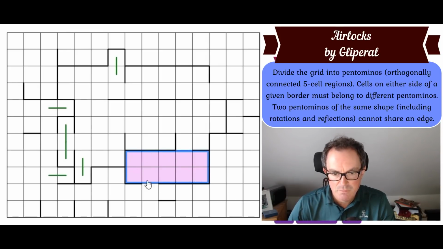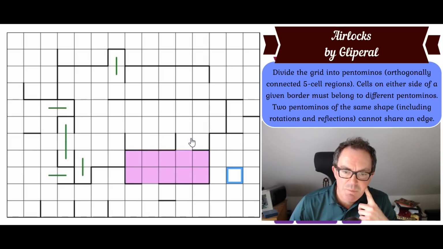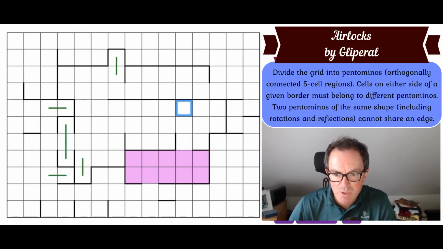So you can't have... Right, hang on. So what does that mean? That means that there must be a pentomino crossing into this boundary, across this boundary, and presumably crossing out the other side as well. Yes, okay, that's true, isn't it? Because the moment that you...